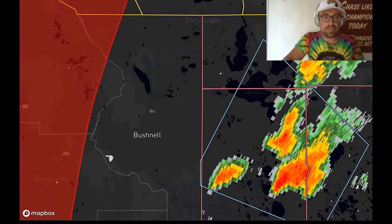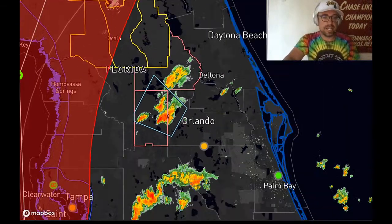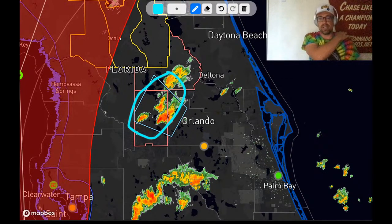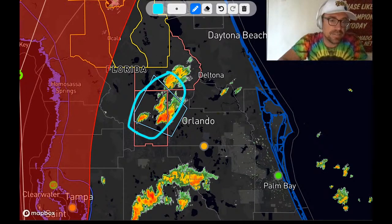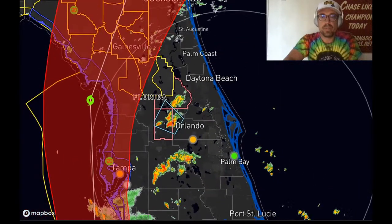The Villages even, if you're on Lake Harris, keep an eye on that as well. Inverness, way upstream after a while. You need to keep an eye on this cluster of developing supercell storms to the west of Orlando that could pose a threat as they lift off to the northwest here. So, let's see if that's...